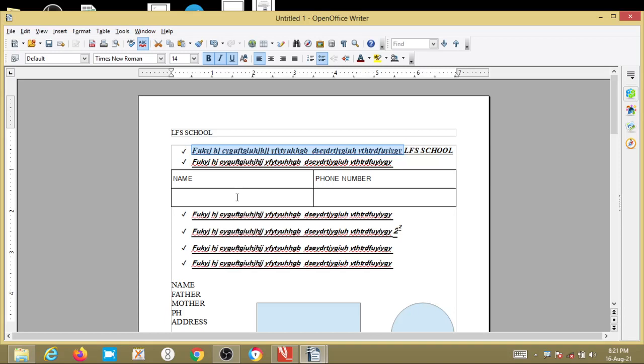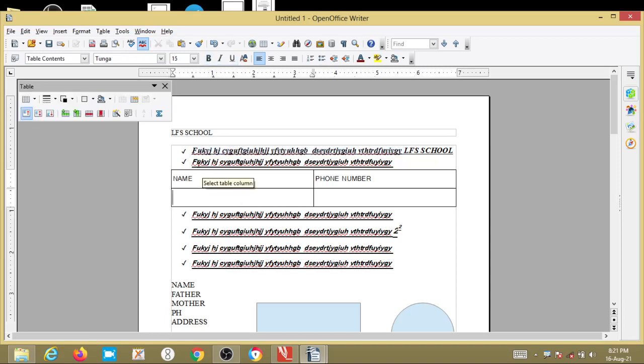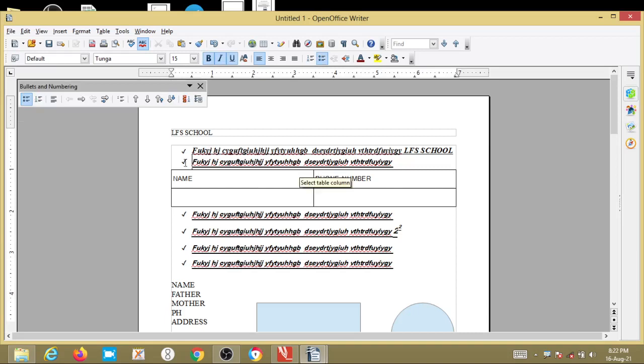Then the second method is using the keyboard. First is using mouse, second one is the keyboard. First, from where you want to select, just click on that particular place. Okay, the cursor is blinking here now. Then by pressing the shift key, if you press arrow keys, if you press right arrow, it will select one letter. If you press up arrow, it will select from that point up to the previous line, to that position.